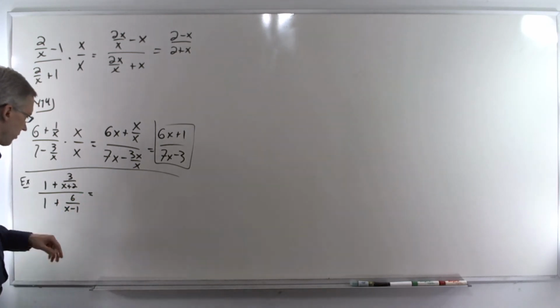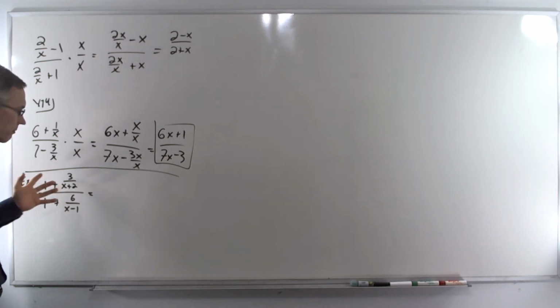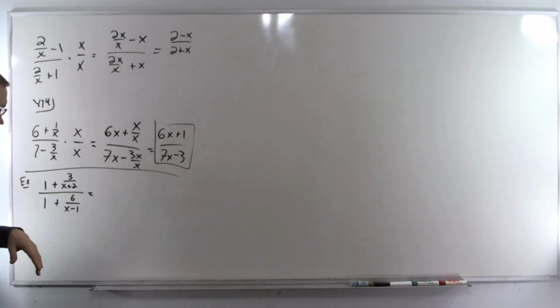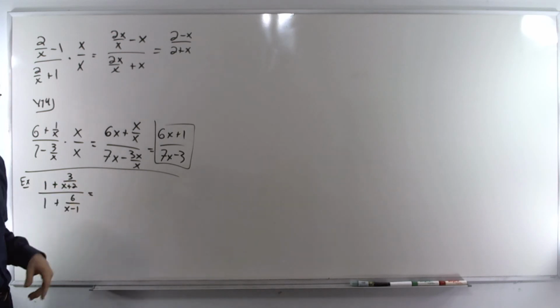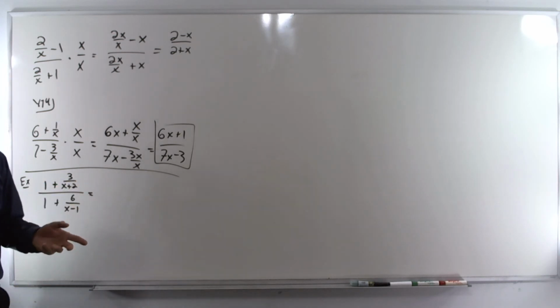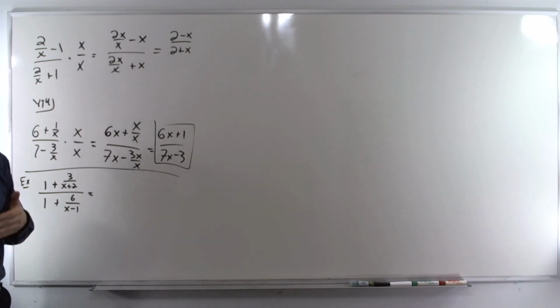Now in this example, our two denominators for the little fractions are both binomials. If we try to multiply this by the LCD, we're going to have to multiply by x plus 2 times x minus 1 in both the numerator and the denominator. And that's going to be a big mess. That's going to take a long time. So we don't want to do that. So for a problem like this, where we're going to have a fairly complex LCD, let's go back to method